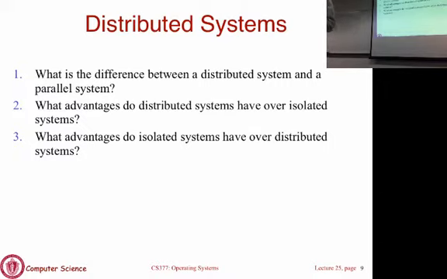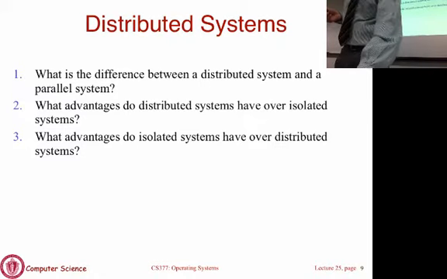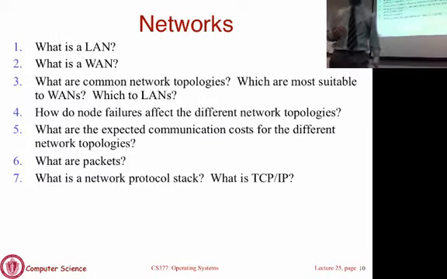Disadvantages: your application becomes more complex because now you are not writing code in one process. Your application is multiple processes running on multiple machines. They have to communicate with one another, so code is more complex. You have also opened up your application to security problems, because now malicious parties can access it over a network and so on. So there are some disadvantages, but nevertheless, most applications that you see that do something complicated tend to be distributed. So we spent a good lecture talking about networking, which was